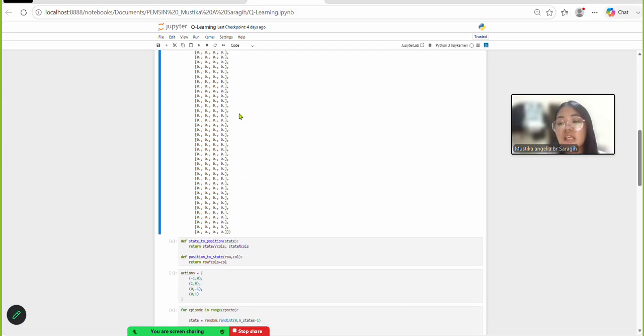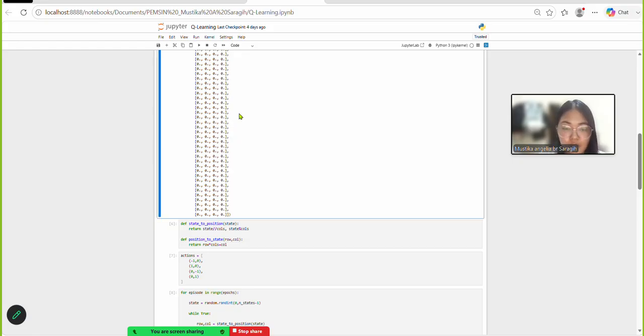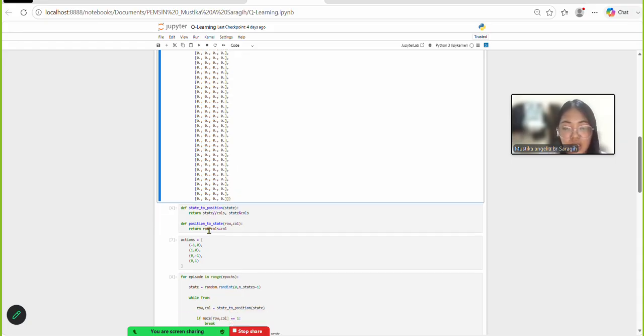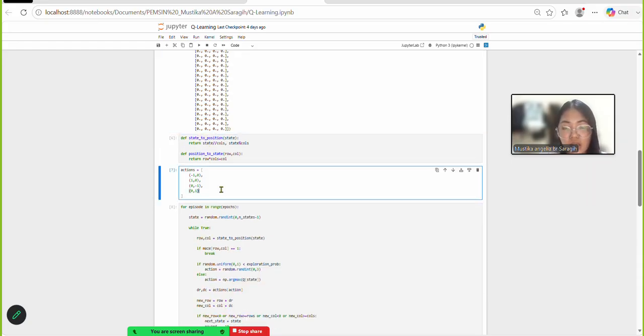Next is state conversion. The helper function converts between state indices and maze coordinates. Next is variable actions. This list defines the movement directions: up, down, left, and right.